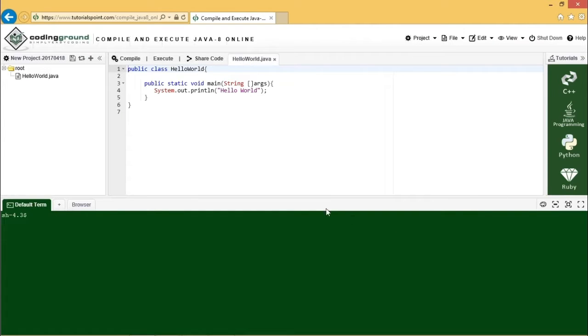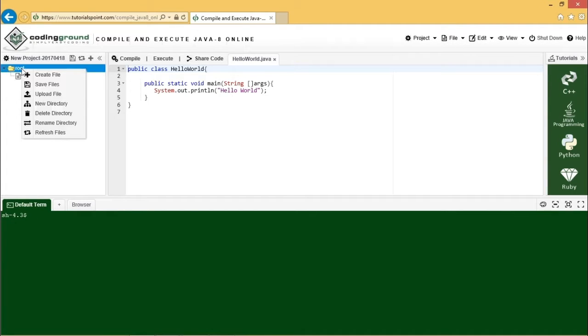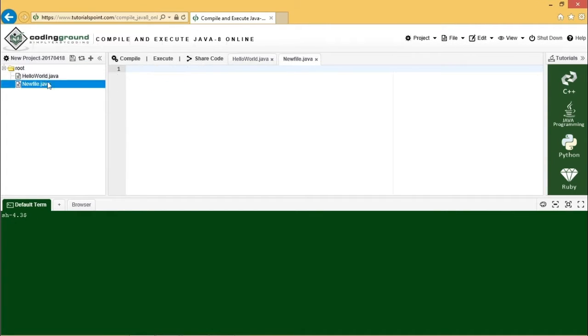And this will display the coding ground where you can create your file. So the first step to create your file would be, here you have a plus symbol, you can click on that. That will create an additional file, or under file you can create a file, or by right clicking on root. So we say create a file, and the name of the file I would want to say as